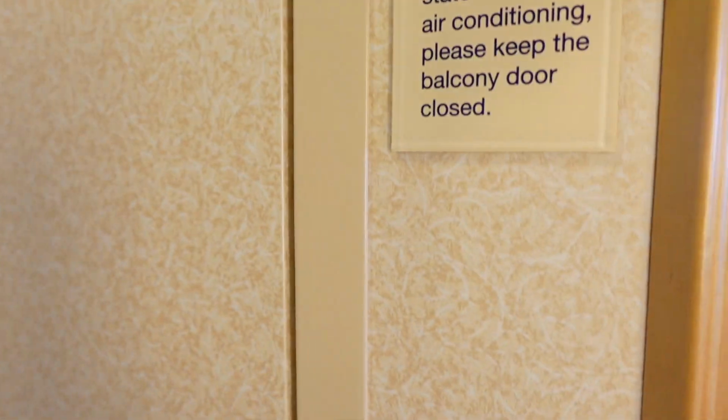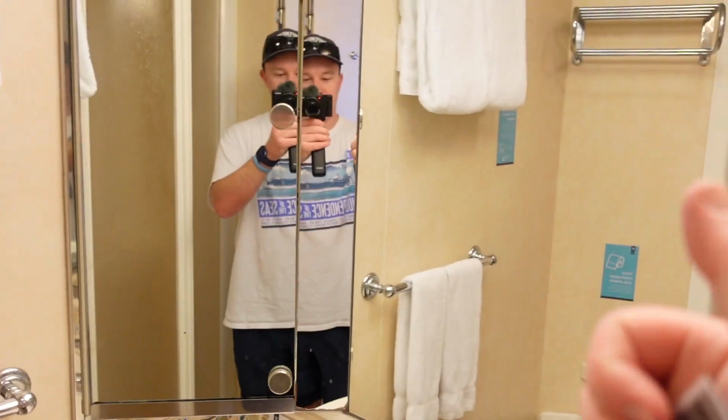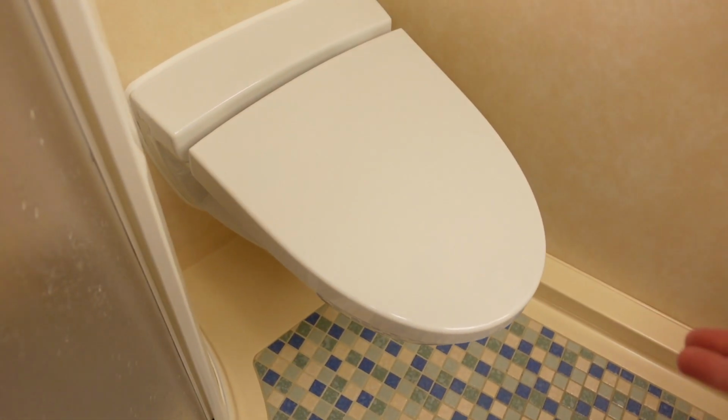So we'll start out with the bathroom because that's the most important part. It's supposed to spend most of our time. So we've got a big mirror here, a couple cups, generic sink, trash cans, and of course, most important part,